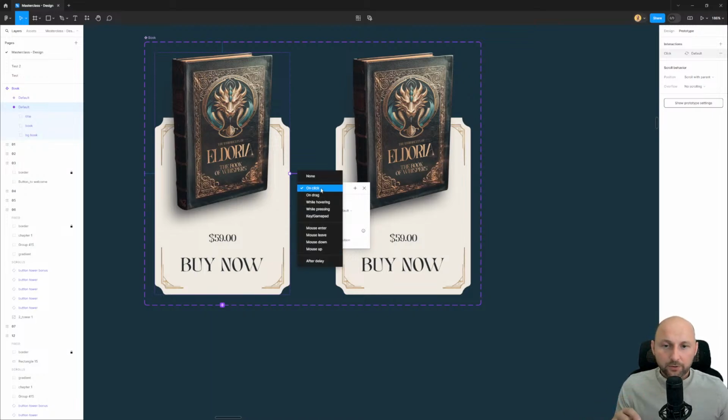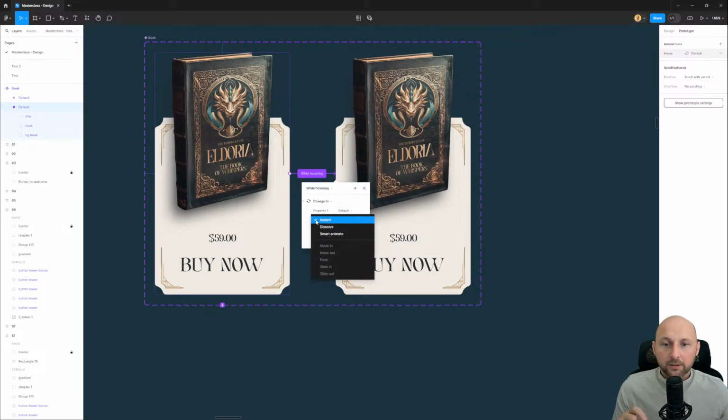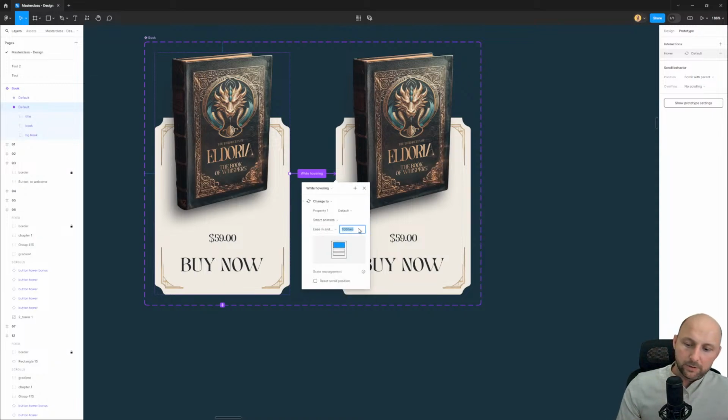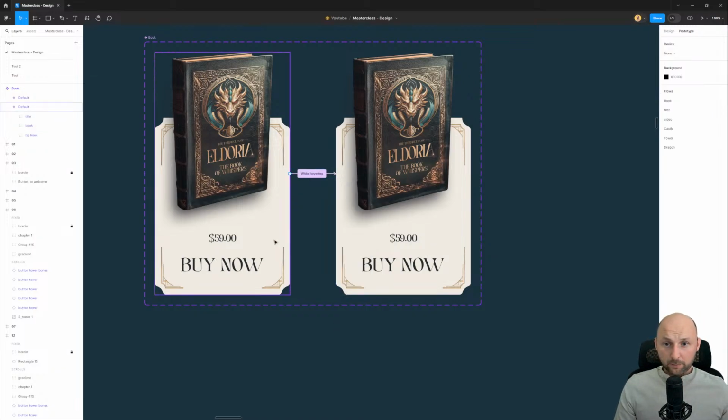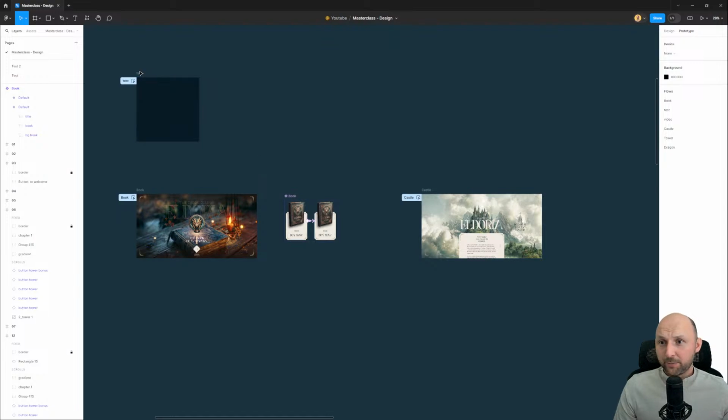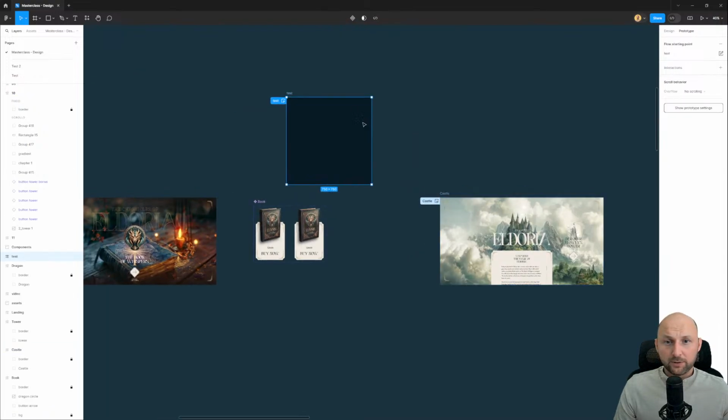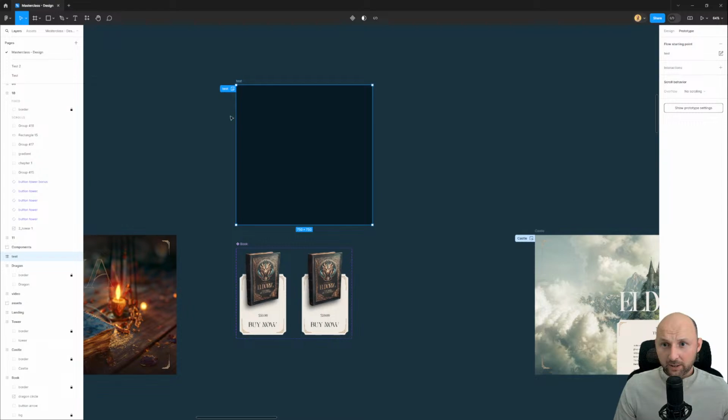So in trigger, I need to select while hovering. And it needs to be animated, so we select smart animate. And let's use ease out, and duration maybe 600 milliseconds. Okay, and when I'm animating, I use kind of a test frame. So it's the last simple frame, artboard,